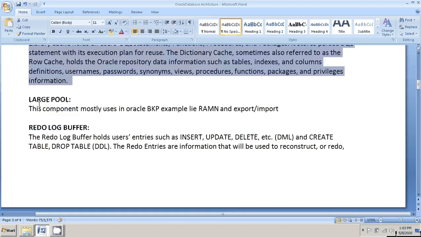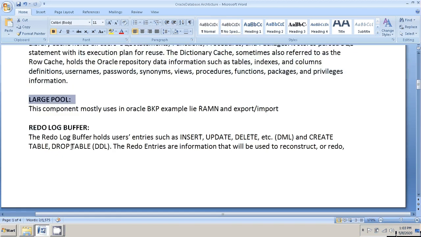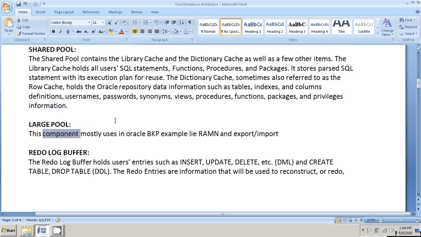The large pool is the third component in the SGA. This component is mostly used for Oracle backup, for example export, import and RMAN. At that time the large pool space is invoked. If there is no separate configuration of a large pool, when it requires memory, it takes space from the shared pool.